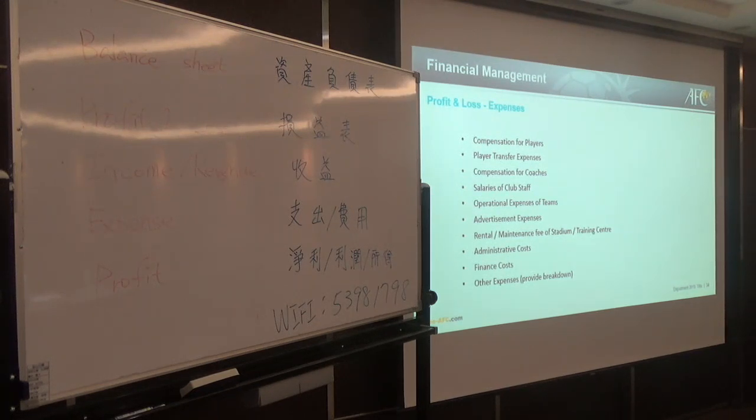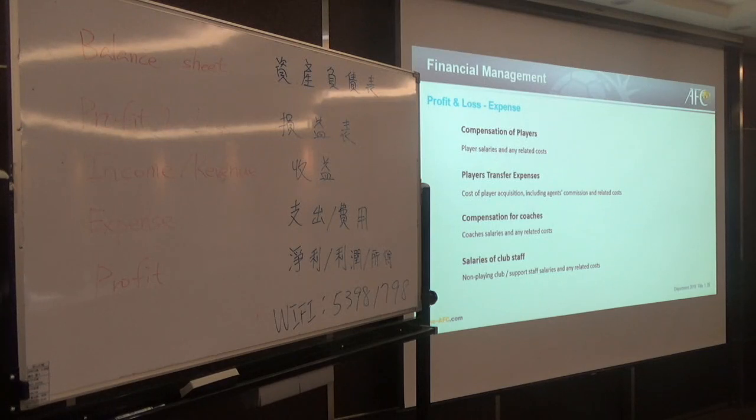These are our expenses, again as categorised for the AFC for the consistent reporting and benchmarking. 那今天我们看到的支出和所谓的费用部分，跟 AFC 的报表里面需要列的项目一样。So the compensation for players is the player's salary and any related costs for that player to play. 那第一个的话，最主要是支出在球员上，包含薪资啊或者其他的球员相关的支出的部分。